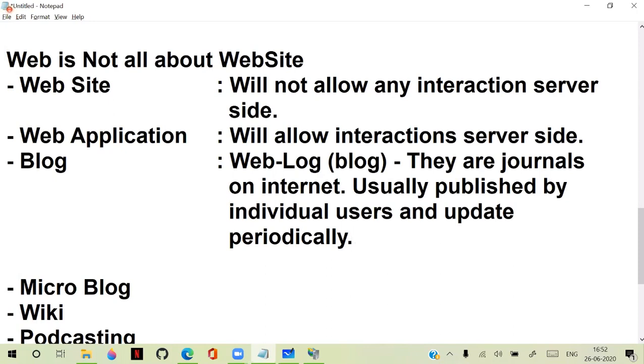For example, I will tell you one simple point. What is a blog? There are so many blog providers. I will show you them. So generally, what is a blog actually? The point is, usually a blog is nothing but